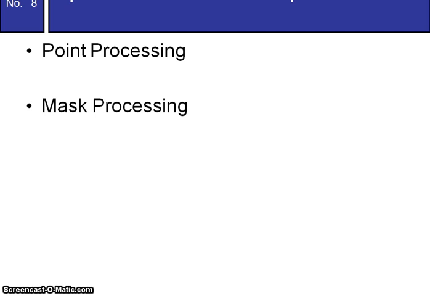In the mask processing technique, we are processing a group of pixels, that we can call a sub image. So whenever you are processing a sub image at a time, that processing is nothing but mask processing. The sub image of the main image is called a mask, so that's why the name is given mask processing. We will see only the techniques which come under point processing today.